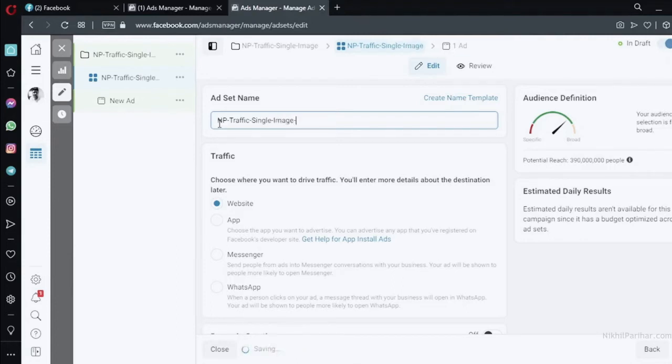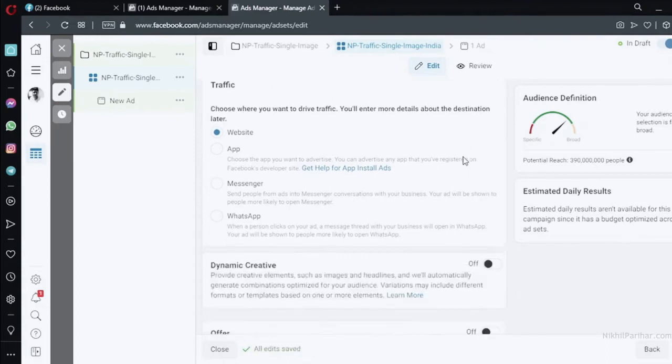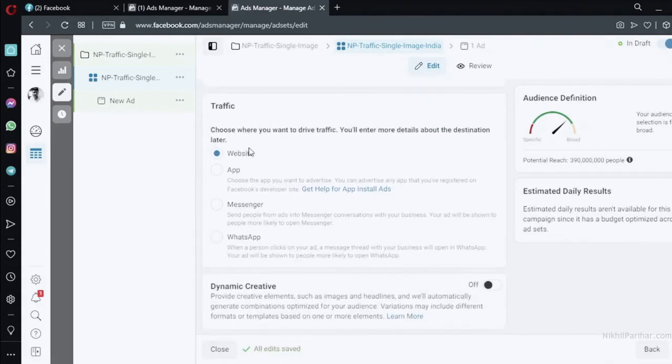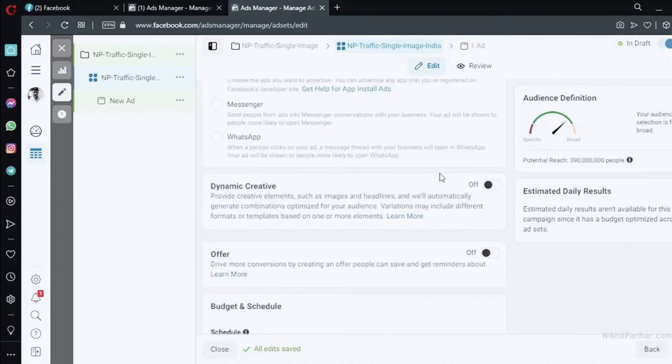I'll just put that. And since this ad set, I'm just going to run it in India, so I'll put India as a country for now. Traffic objective is website. You have other options also you can choose, but I just want the traffic on my website, so I'll go with that.